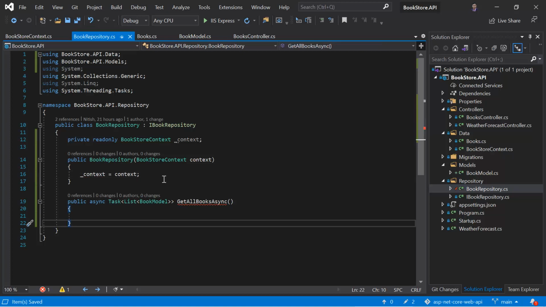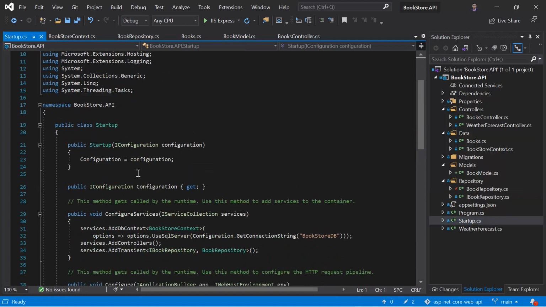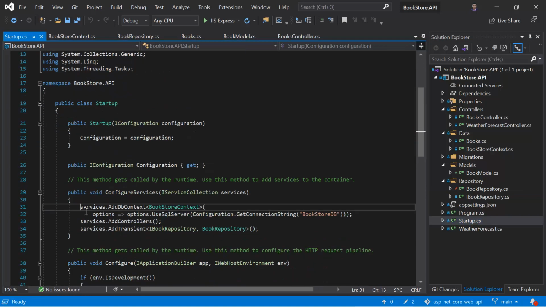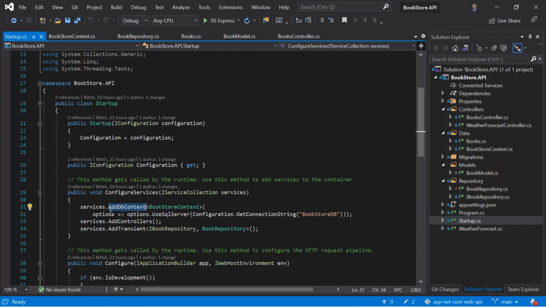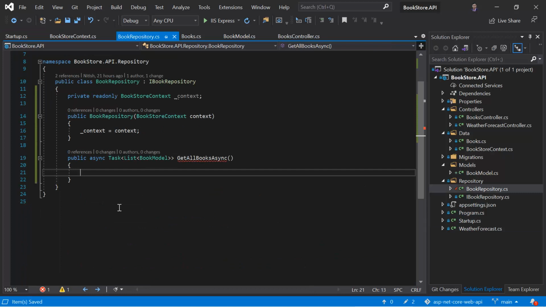Now we will get the instance of this DbContext from our application because we have registered it in the Startup class. Let's have a look at the Startup class also. Here at this first line you can see that by using these services we are adding the DbContext, and this is the place that will provide us the instance for this DbContext class. Once you have this entire setup, then getting the data is super easy.